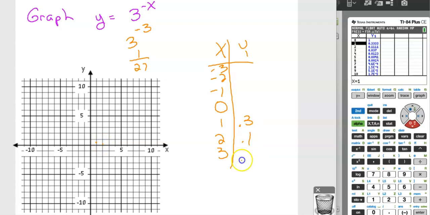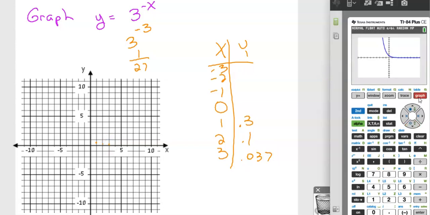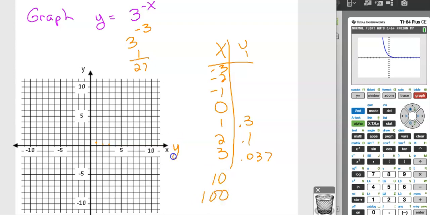So even at 3, it's 0.037. So it's so close to that line. That's why when we look at the graph, it looks like it's hitting the line, but it's really not. It's still going to be above it, even if we went to 10, even 100, it's still going to be above that line. So again, we have an asymptote right here, y equals 0, and then when you start graphing this right here,